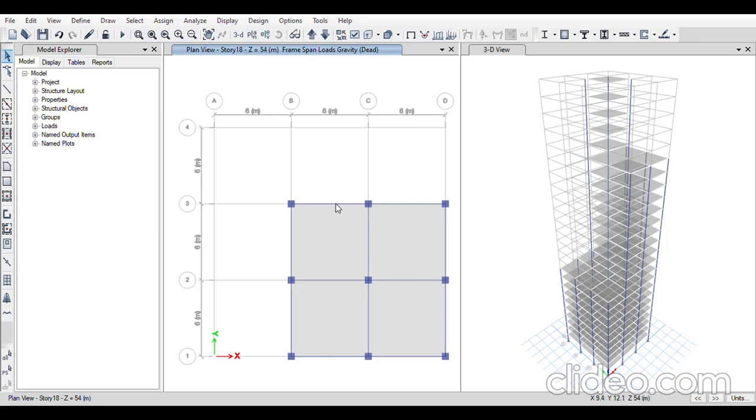Now I'll select all the exterior beams, because the cladding loads will be on the exterior beams. I'll take assign, frame load, distributed, point 2, and I'll click OK. Now I'll go to plan. I'll select the floor.